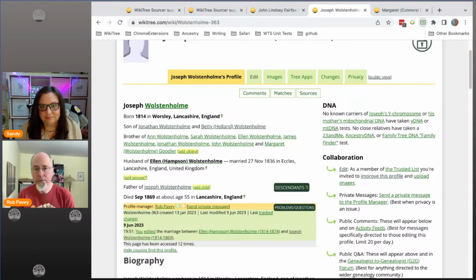This menu is very configurable. You can control how many different sites it shows to search on. If you don't have an Ancestry subscription, you can turn that off. And then it's also dependent on the country. So this is an English profile, so it shows a bunch of UK sites to search, which wouldn't show up if you were looking at a US profile, for example. In some ways, this search ability is like Root Search on the WikiTree page,